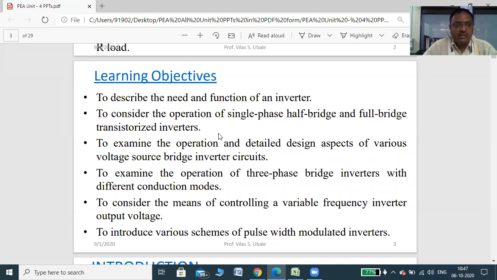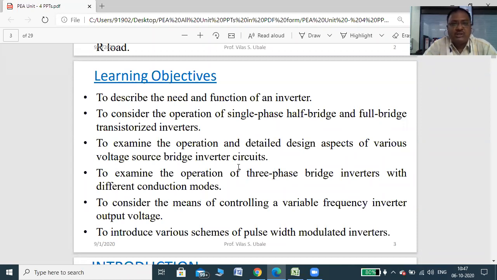The inverters which are used at home are normally non-sinusoidal inverters, because no inverter will produce a pure sine wave. Normally the additional circuitry called filter and wave shaping circuits are not used in the inverters used at home, or we can say the inverters used for low and medium power. Such inverters are normally non-sinusoidal, but they are acceptable for low and medium power. But for high power, we require a pure sine wave, right?